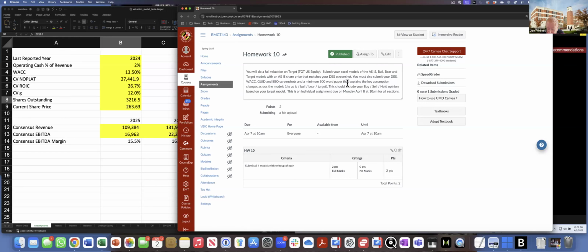So again, similar to the process, you'll submit the as is, the bull, the bear, and the target model of Target. Hard to say that. You'll make sure you have 4 screenshots, the DES, the WACC, the GUID, and the EEO, and a minimum 500-word paper explaining with business context why you made the assumption changes across the models. All of that is due Monday,